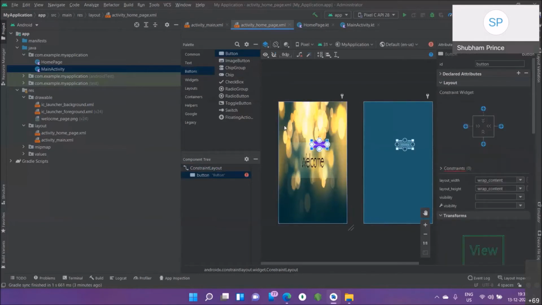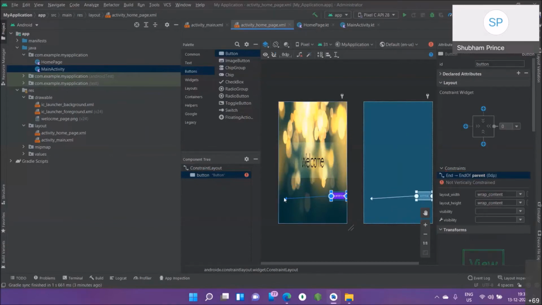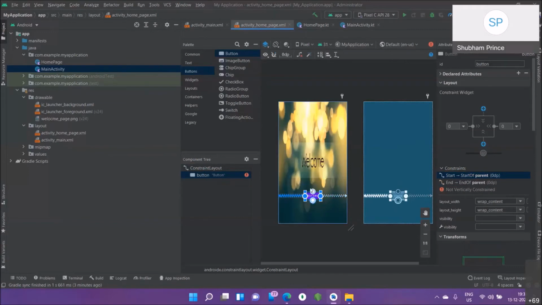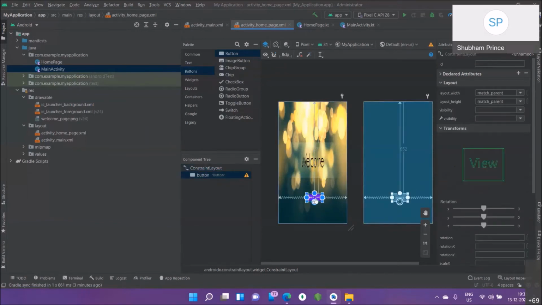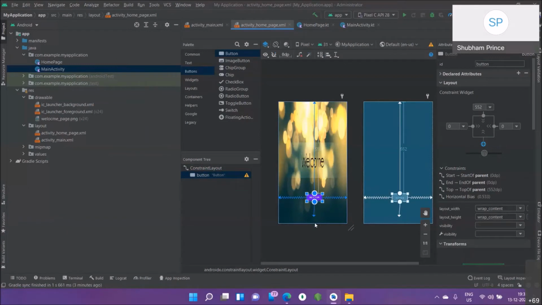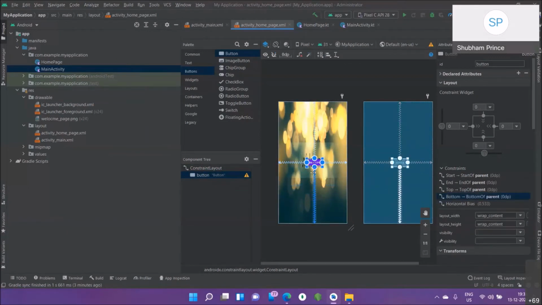So what will I do? I'll just center it. It's welcome there, leave it. It's just an example. Don't say my design is so horrible. It's just an example. So fine. What I'll do is, even I can use my magic wand. I don't have to worry about it. Center, and then I'll drag it.